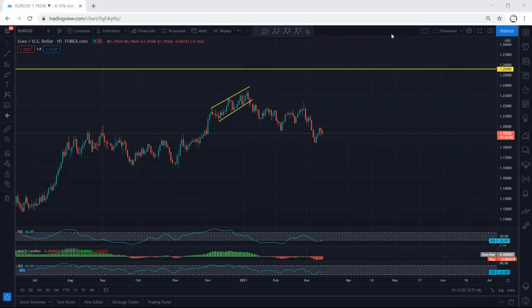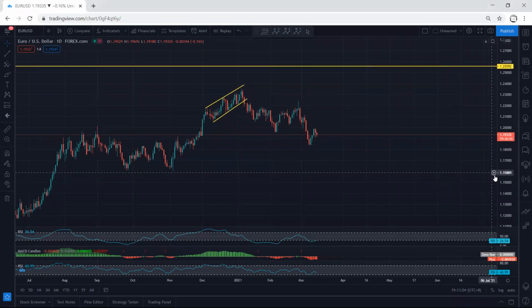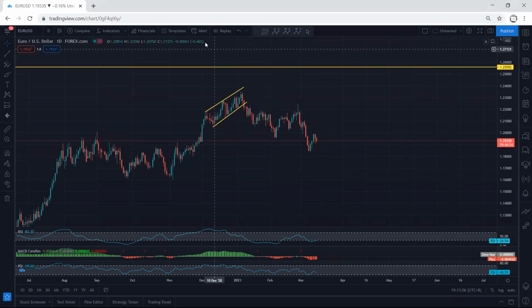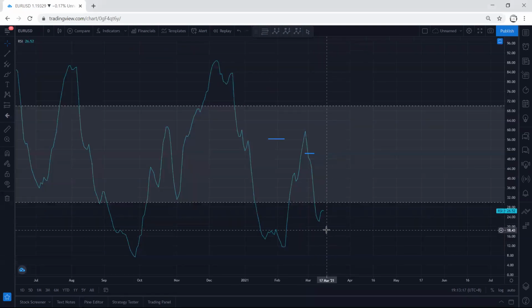Euro USD, we start with the daily chart. Based on the daily chart, we want to see whether we should look for a correction for one more drop, similar to what we have here, or whether this is the start of the up move. Because when we put this one relative to this, based on the indicators here, we have a divergence